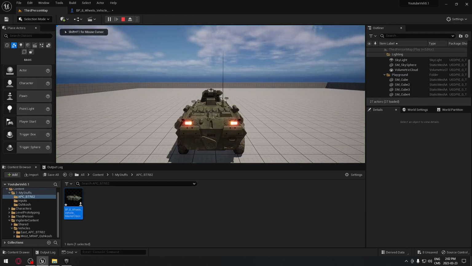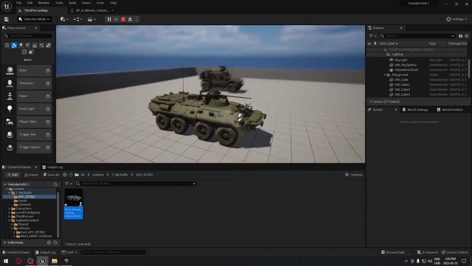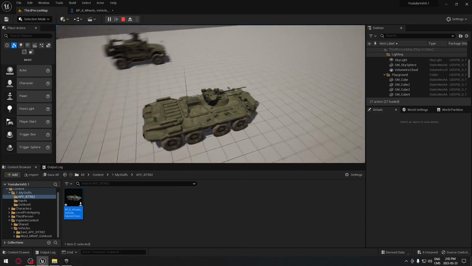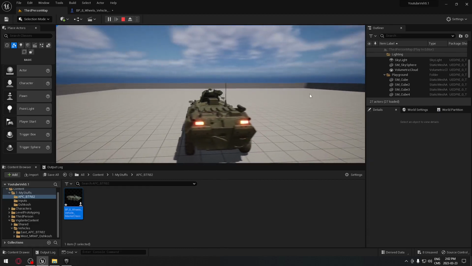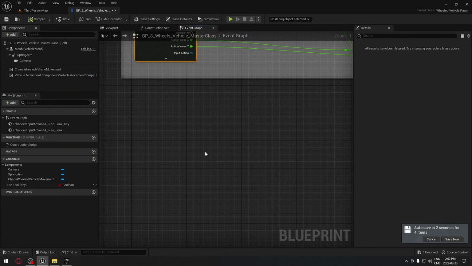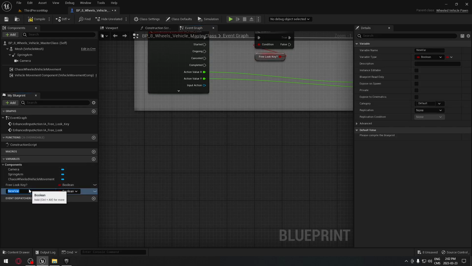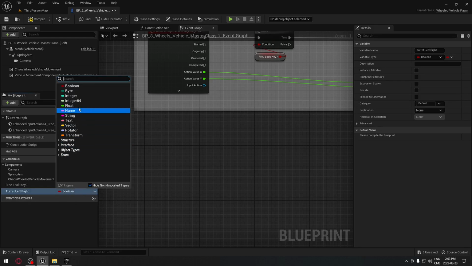We cannot go back and forth yet, but if we hold Alt on our keyboard, you can see that we can now move around our vehicle. So the first code is working pretty well for us. Back in the blueprint here, we're going to start having our machine gun. So we're going to create a few variables here so we can move our machine gun left and right and up and down. So we're going to add a variable here, and we're going to call that turret left right. We're going to make sure it's type float,